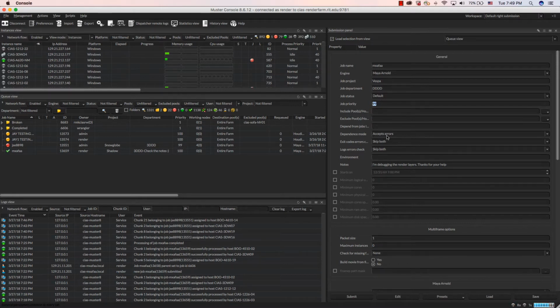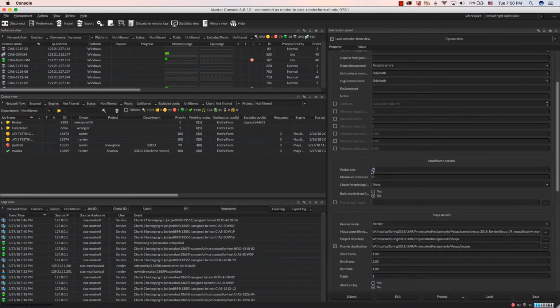You will skip all of these. The next step will be you have to choose accept errors, and also for exit codes and logs errors, make sure that you choose skip both. If you want to put a note here on your job, you can put a note here and everybody can see those notes. The packet size is how many frames is going to be assigned to each one of the